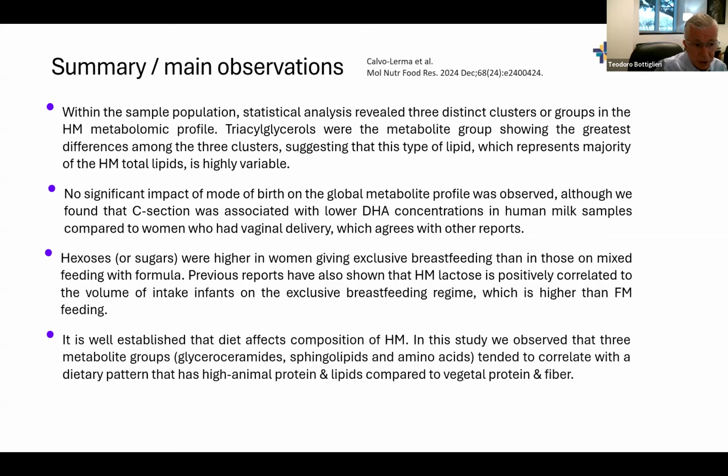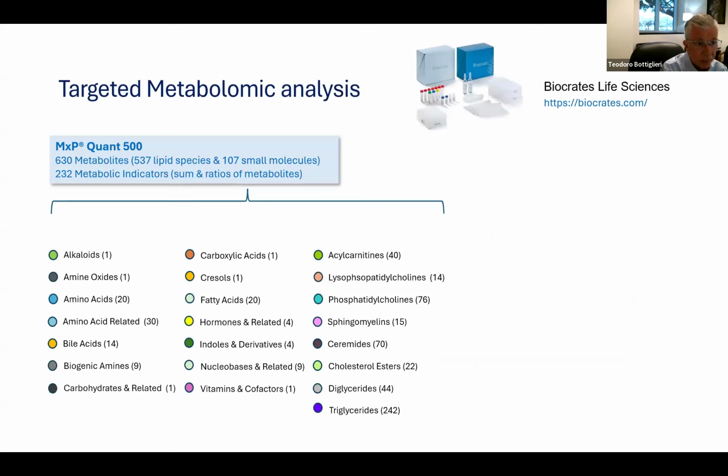So it's also well established that the diet affects the composition of the human milk. That's not a surprise, and certainly not for us here in this study. We observed that the 3 metabolite groups, the glycerol, ceramides, sphingolipids, and amino acids, tended to correlate with a dietary pattern that had a higher animal protein and lipid intake compared to those that had a vegetal protein and fiber. So this analysis was done, as I emphasized in the previous slides, with the MxP Quant 500 kit from